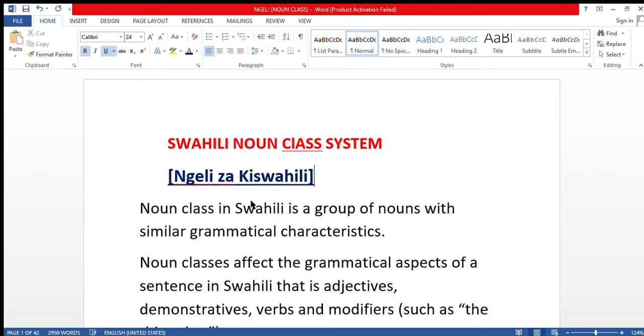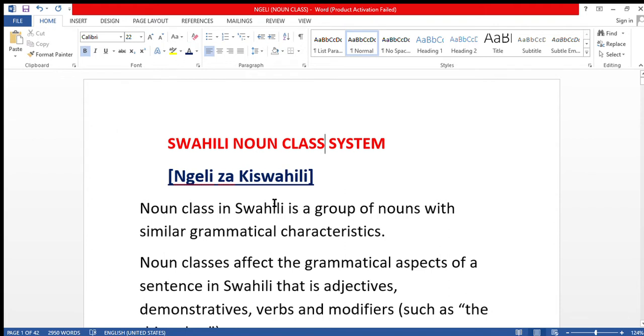Today's lesson we are going to talk about the Swahili noun class system. Fahamu? Swahili noun class system. Okay. Ngeli za Kiswahili. This topic is very important, so I will urge you to just pay attention